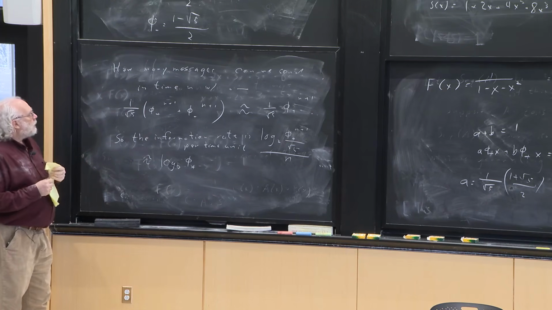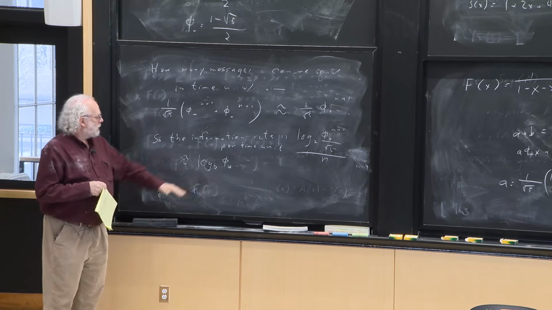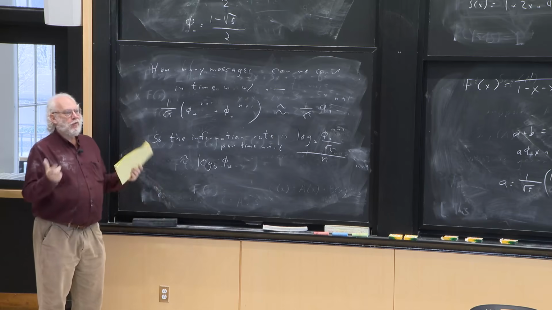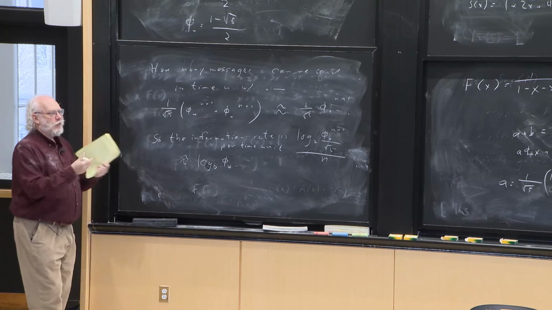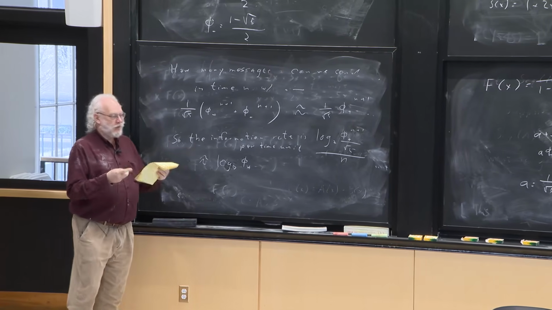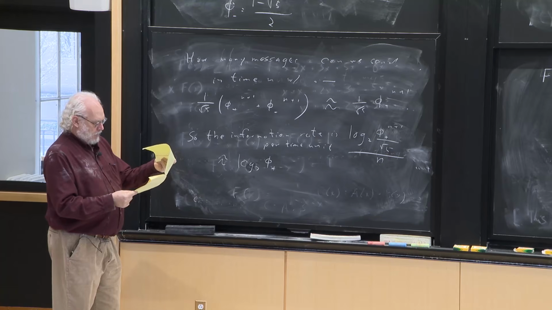So if you have a channel that uses dots and dashes to transmit information, this is how much you can transmit in time n. And we're actually going to be going back to this later in the course and talking about information theory and how much information you can transmit in general. Okay, so